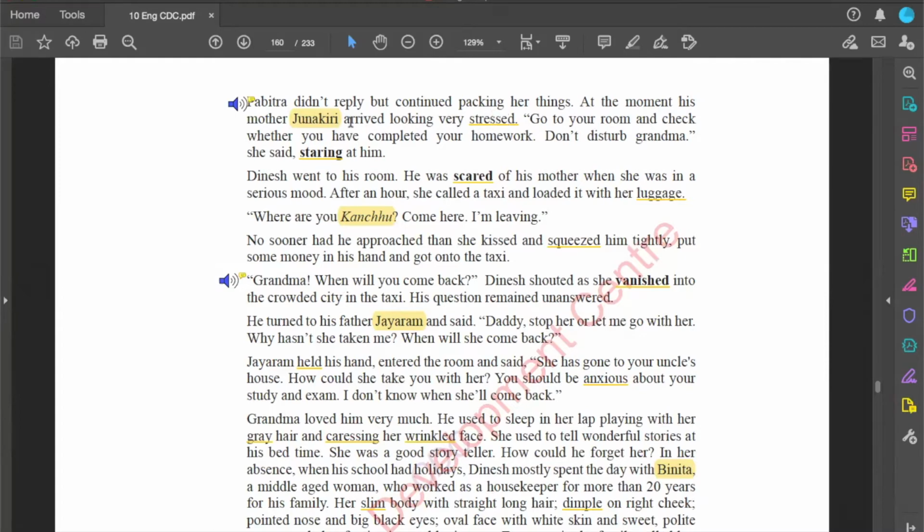And Junkiri asked her son Dinesh to go to the room. Go to your room and check whether you have completed your homework. Don't disturb grandma, she said, staring at him. So, staring at him,